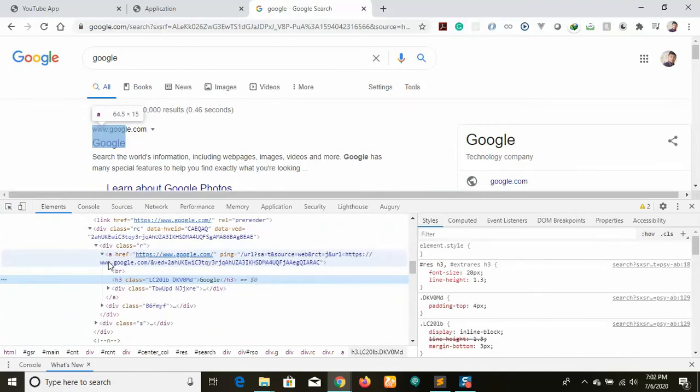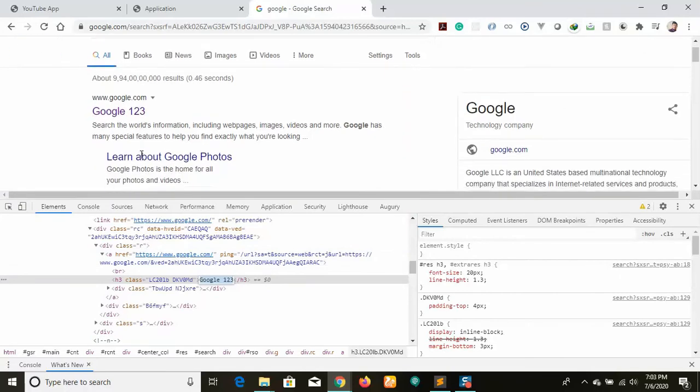It was opened here and closed here. In between we have the Google name. You can also change this name, Google 123. You can see, right, temporarily you can change these names. When you try to reload anything, it loads from the server, from the HTTP. Okay, so it's anchor tag.